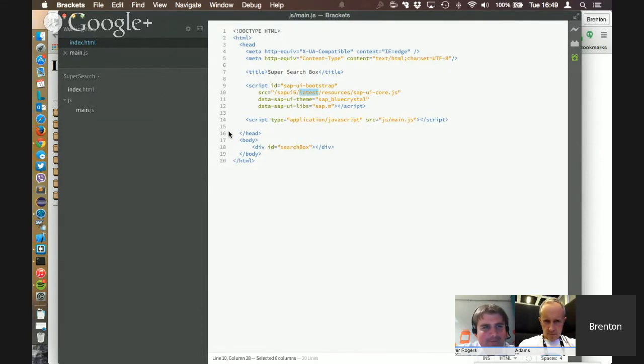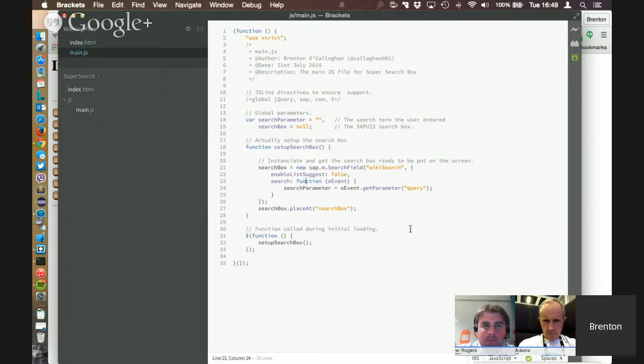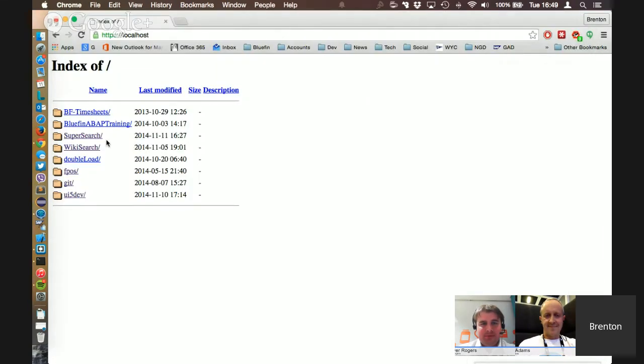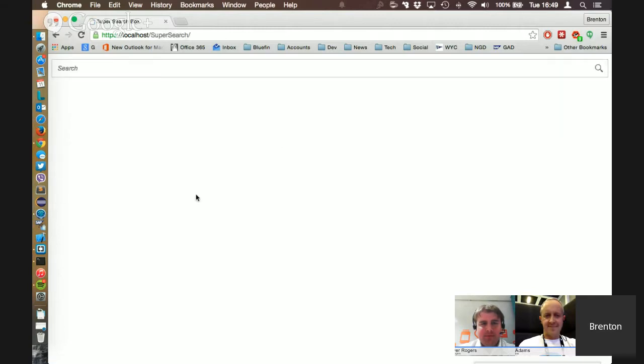But what I really like about this IDE is JSLint built in. So what it's encouraging me to do is, as I'm writing my JavaScript, it's encouraging me to write good JavaScript, not just JavaScript that will work. Obviously, it will work. All my code works first time, but it's encouraging me to write good JavaScript. So if I open what this looks like right now, which is Super Search, which is just a search box, I can search and say I'll search for Oliver Rogers, and it'll do absolutely nothing, but obviously the code's working